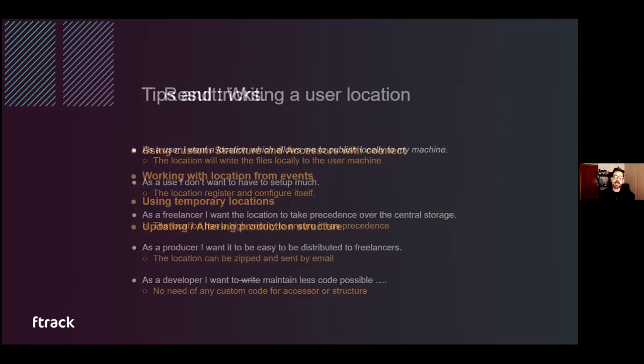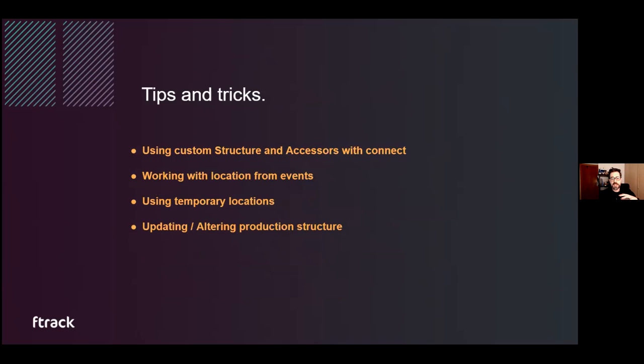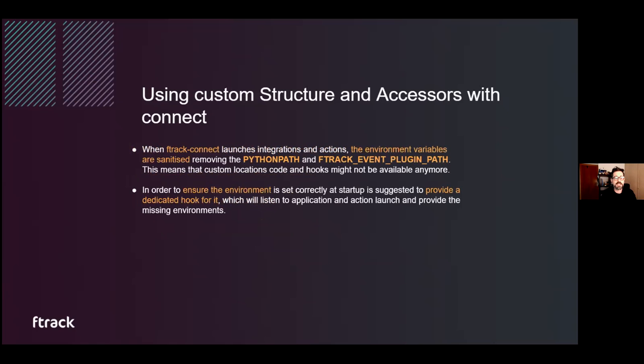With this, basically, we're getting to the end of this webinar. I just want to go through a few tips and tricks, which are really important: using custom structure and accessor with Connect, working with location from events, using temporary location, and updating or altering production structure. So, using structure and accessor with Connect, something that is important to remember